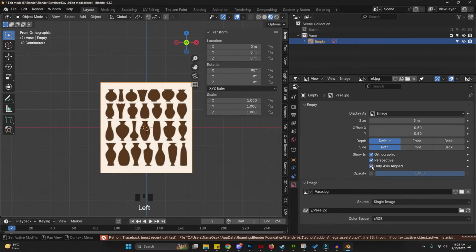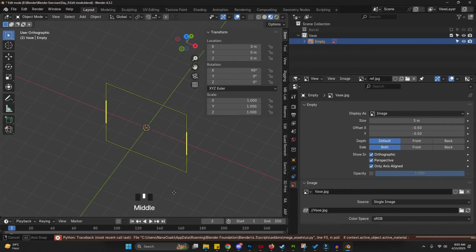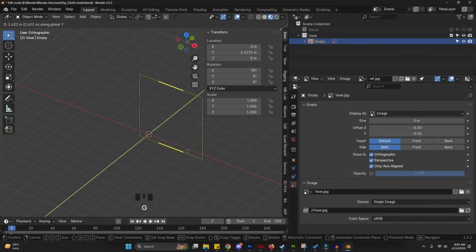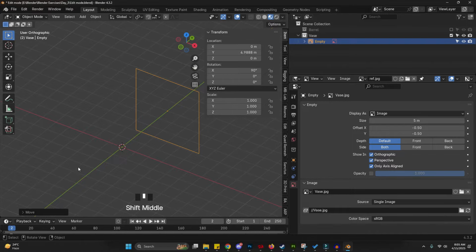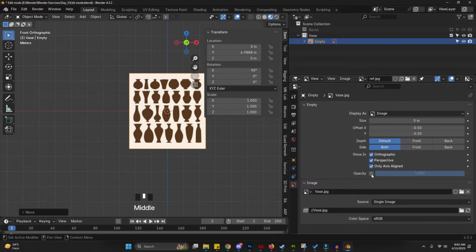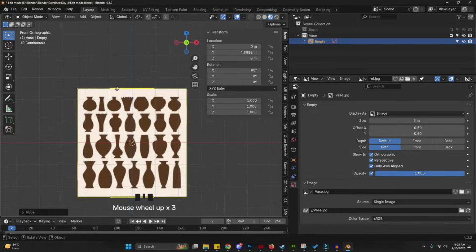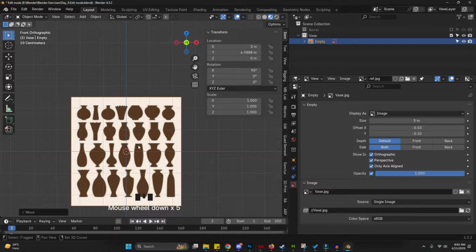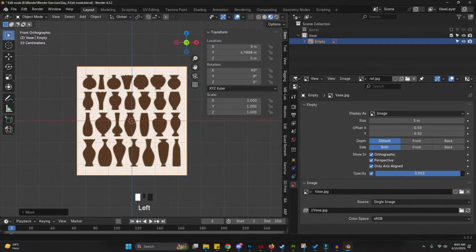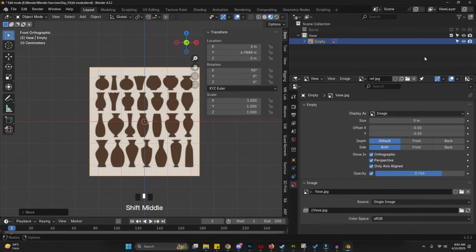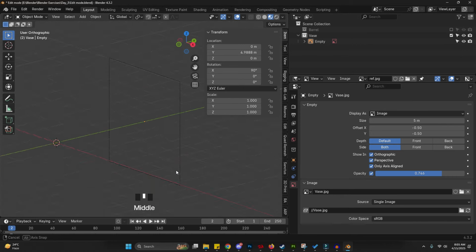Now turn this option off, only axis aligned. So now when we rotate, we don't see the image. And I'm also going to move it back just like we did before. Then over here, I'm also going to turn on opacity. And I do this because I like to see the grid behind me. It just helps me visually to look at the grid. And over here, I can turn this opacity just a bit less, like something that's easy on the eyes, whatever value works for you. Okay, I'm happy with the placement of my reference, and I'm happy with how everything is